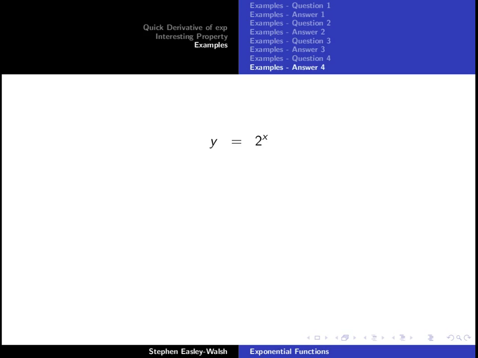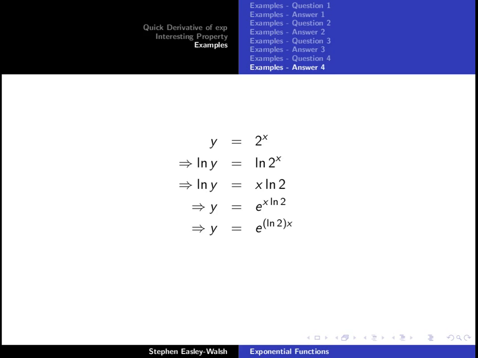We have y equals 2 power x. I'll take the log of both sides, so now I have log y equals log 2 power x. But we remember that for log we can take powers down in front, so we have log y equals x log 2. Now, we take the exponential of both sides. e and log on the left cancel, and I'm just left with y. And on the right I have e power x log 2,